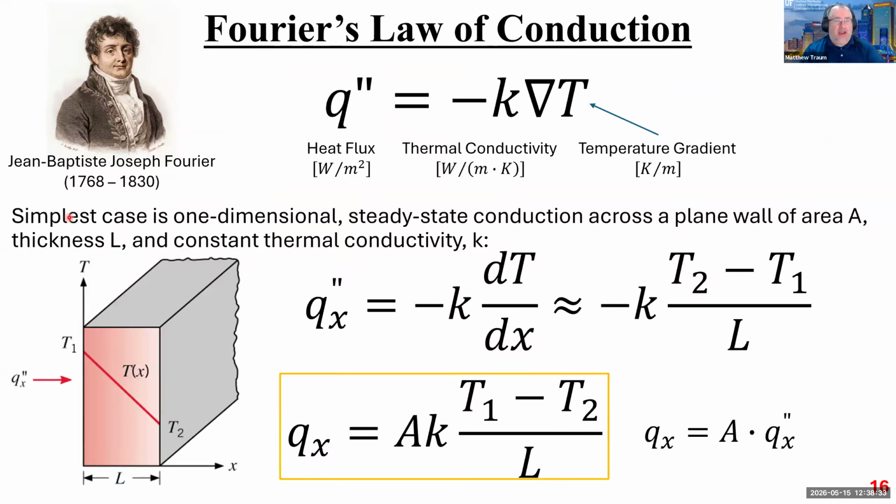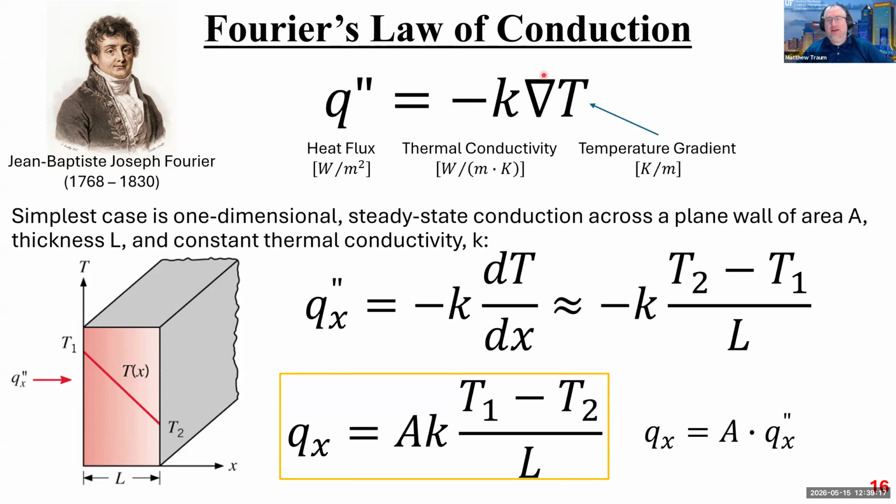Okay, right. So let's start with conduction, the first of our three heat transfer modes. I'll just very quickly mention this equation, which is the conductive heat flux equation, is often called Fourier's law of conduction after Jean-Baptiste Joseph Fourier, who lived from 1768 to 1830. Here's his picture from Wikipedia. So this equation is simply that the heat flux, which again is energy per time, right? So power per unit area, that's what this double hash mark represents, is equal to minus k, which is thermal conductivity,